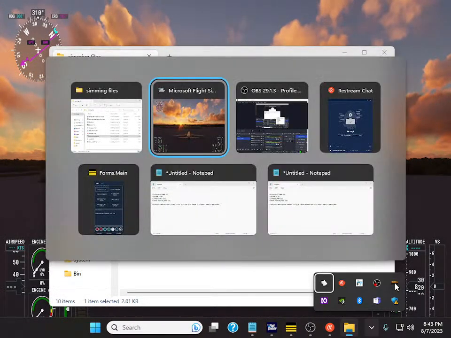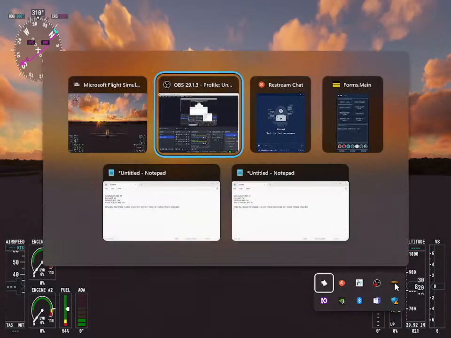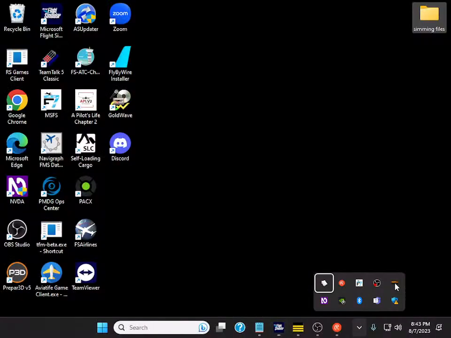Okay. Sim files. Microsoft Flight Simulator. Microsoft Flight Simulator 1. Ops 3 screen. Forms. Star entitled. Microsoft Flight Simulator. Microsoft folder view list. Sim files. All right. So let's